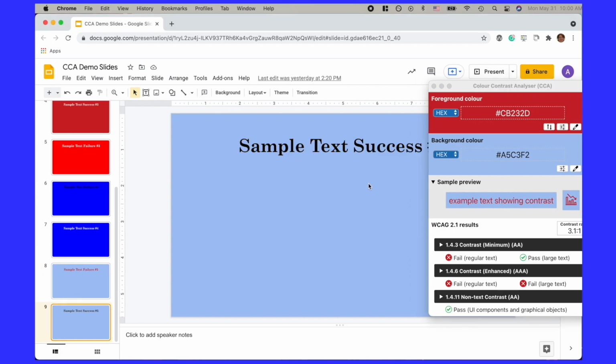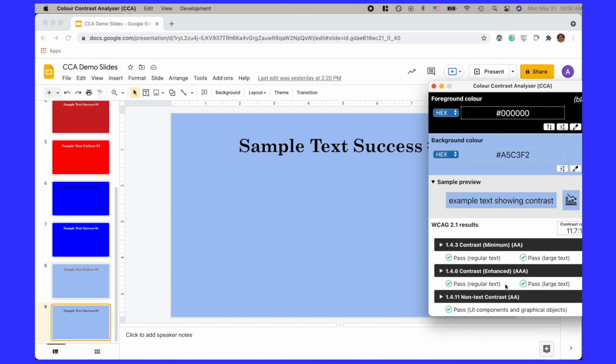So if I change the text to black, suddenly we go to one that passes everything, and we're at 11.7 to 1, which is a lot higher, and we meet that higher standard of 7 to 1 for AAA. So that kind of gives you an idea of how you could use this color contrast analyzer with your documents, slideshows, and websites, to get an idea of what's accessible, what isn't, and how easy the text is to read. So definitely keep that in mind.